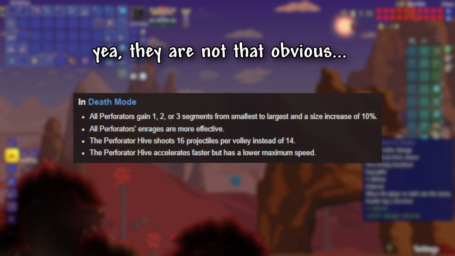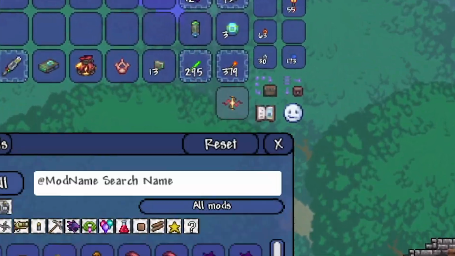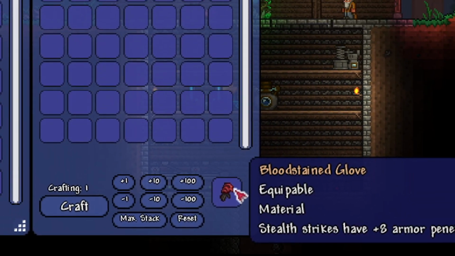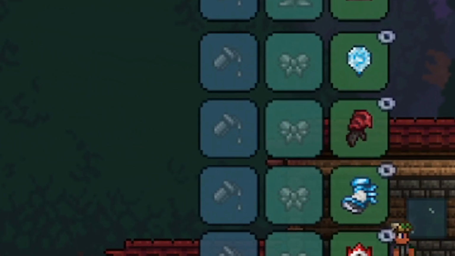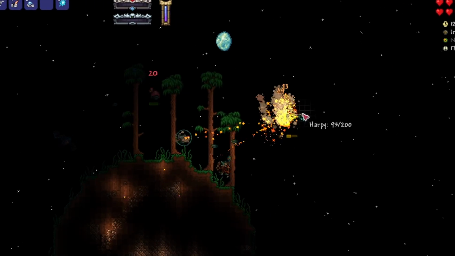Maybe it got a bit faster, but it was so unnoticeable, so I haven't felt it. Anyways, one more boss down. I opened the bag, and out of the materials I got, I made a bloodstained glove, which was boosting my stealth strike efficiency. Then I went to the floating islands to mine some aerial light, and also farm some harpy